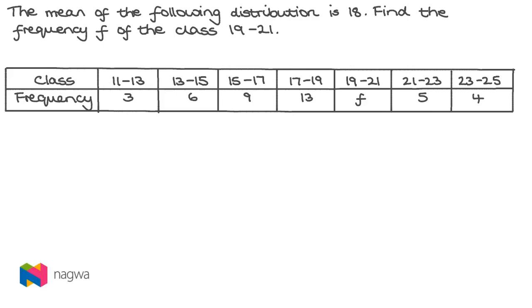The mean of the following distribution is 18. Find the frequency f of the class 19 to 21. So in this question we've been given the mean of the data and asked to work backwards in order to